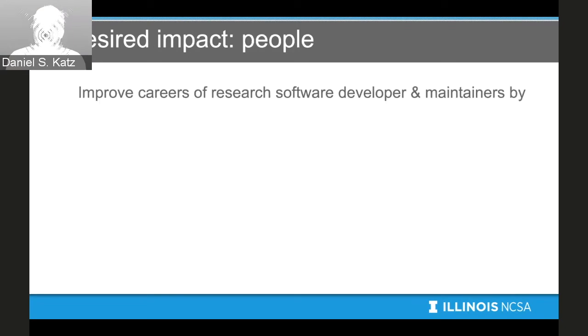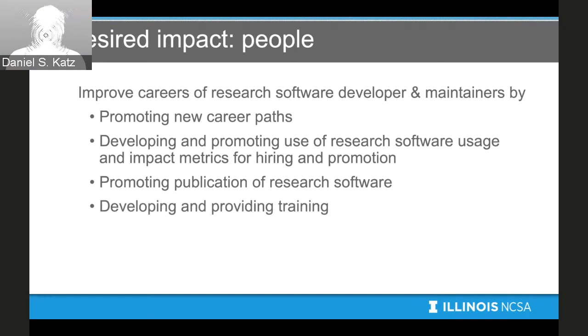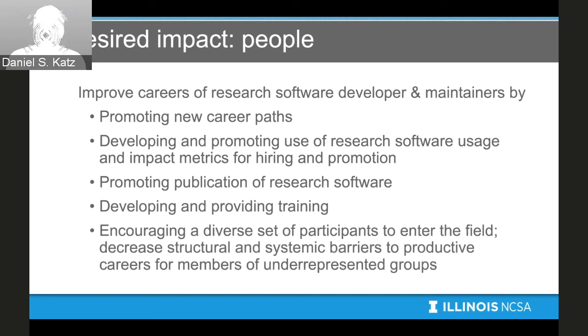In terms of people, our main interest is improving careers, and we want to do this by promoting new career paths, by developing and promoting the use of research software usage and impact metrics for hiring and promotion, so people get evaluated on their software work. Promoting the publication of research software in the same way that we publish scientific results, developing and providing training so that people can grow and can do new things, and then finally encouraging a diverse set of participants to enter the field